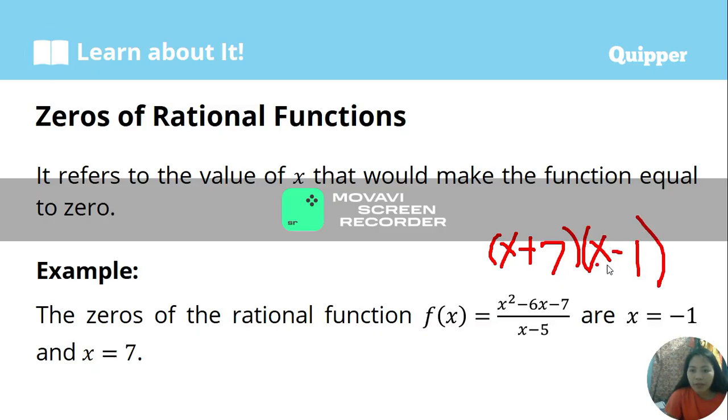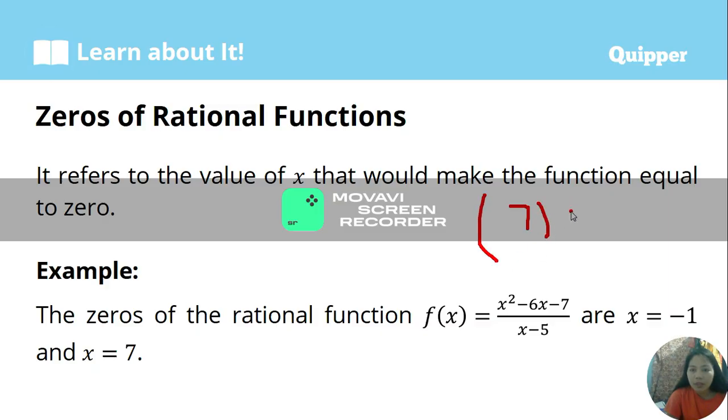So positive 7 times negative 1, that is negative 7. 7 times x, that is 7x, and then x times negative 1, that is negative x. So we have 7x minus 1x,